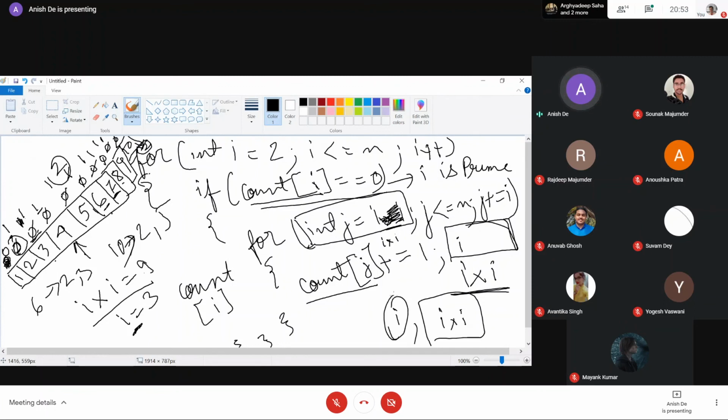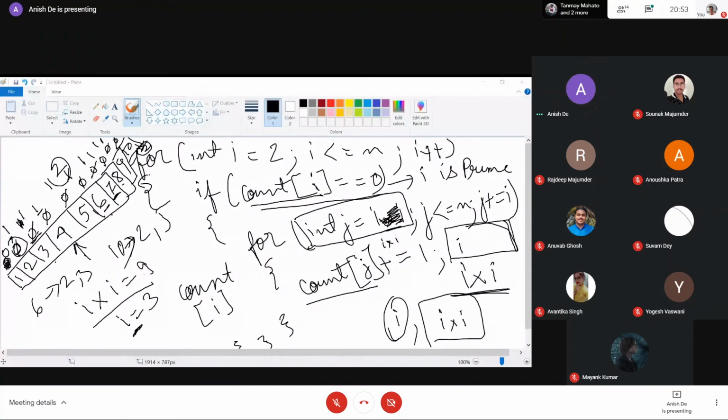So keep in mind what the starting position will be, or else the code pretty much remains the same. It's a very good algorithm for number theory problems. You will probably use it plenty of times.